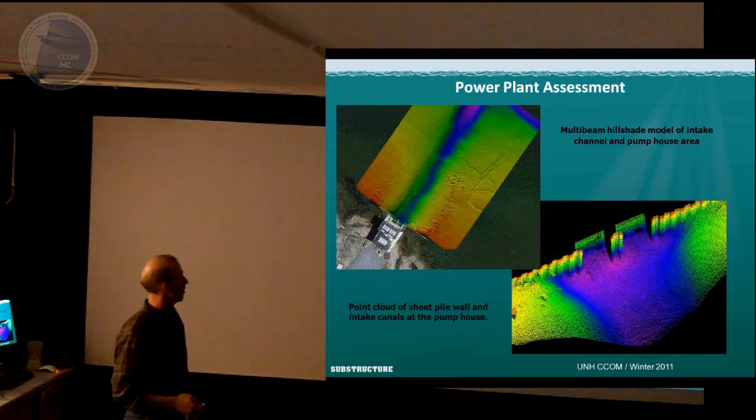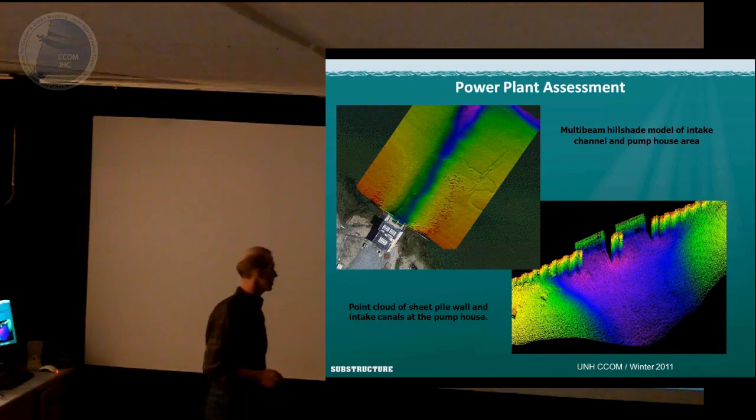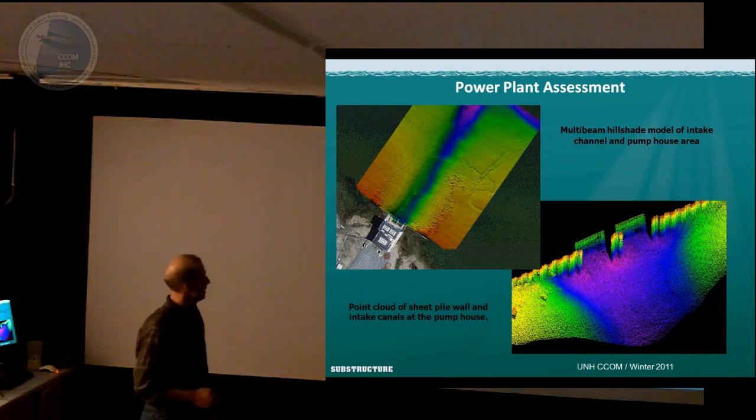We're doing a lot of work for power plants now. In fact, this is intake for one in Saugus, Massachusetts. We're doing a current study there starting next week with the outage that we're doing. They have traveling water screens at this facility, and